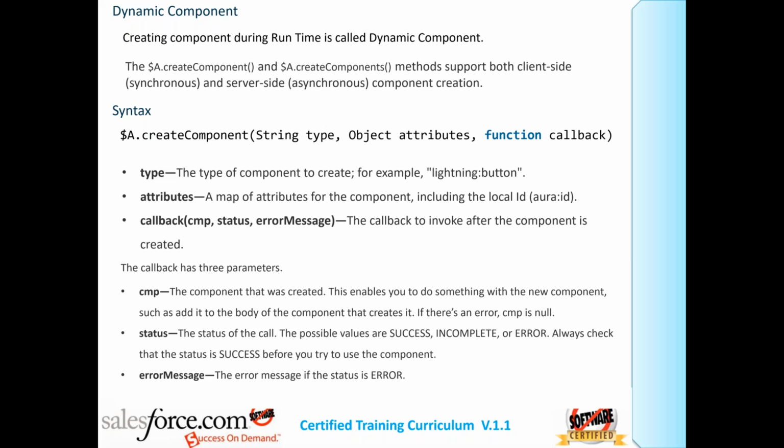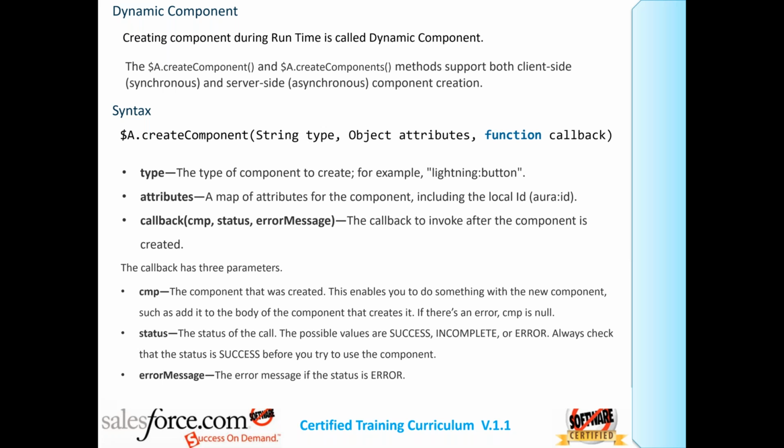Then you write the callback function, which is the third variable. In the callback function, you have three sub variables. The first is component, the name of the component that you have created.